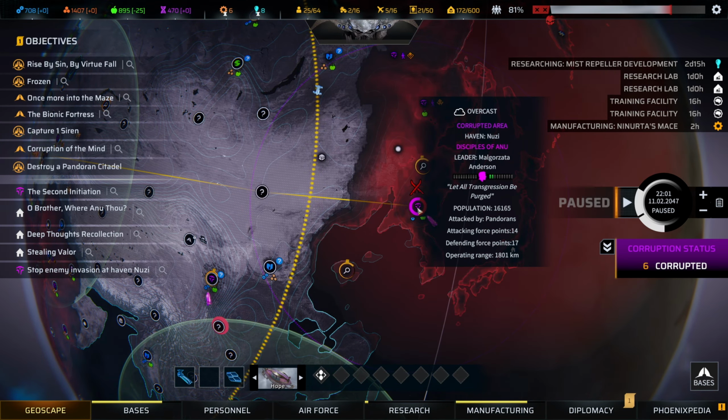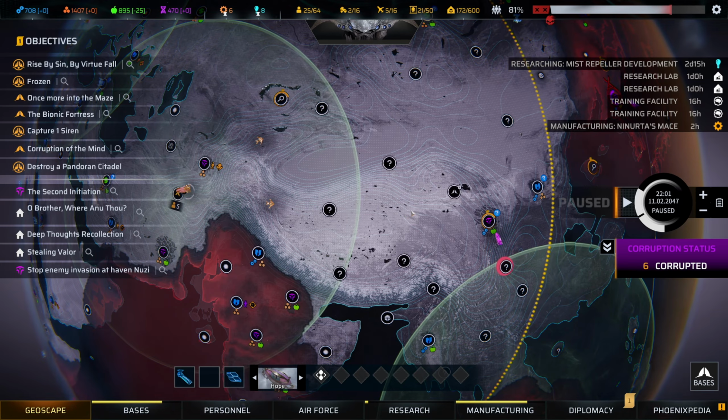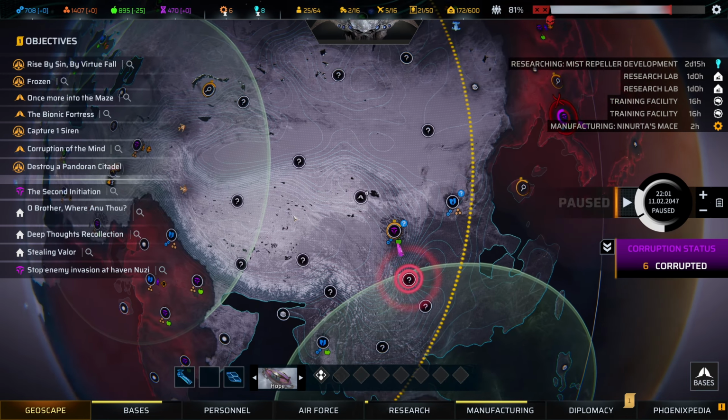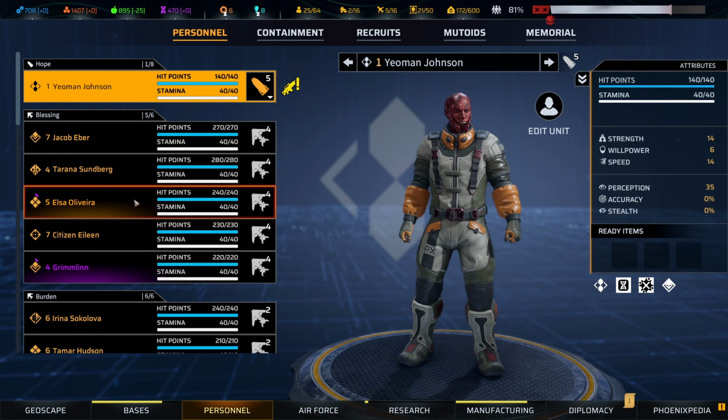So, what is it? Okay, the attacking force is 14 and the defending is 17. I mean, we have ships headed in this direction. We could reroute the Blessing there, and maybe we skip this with the Burden. I'm going to look at the personnel on both those ships and see...